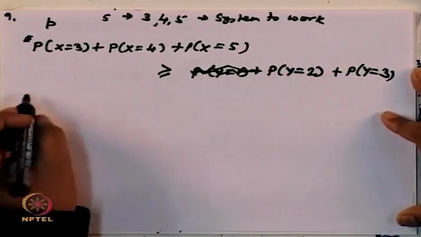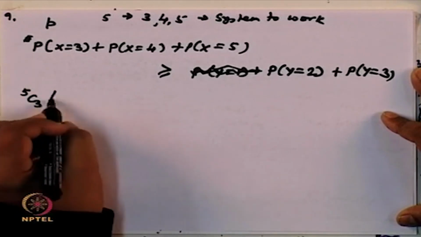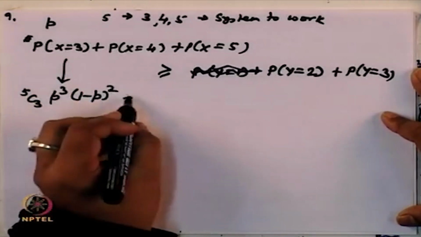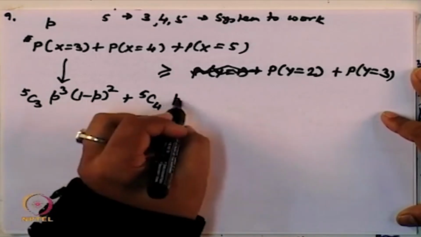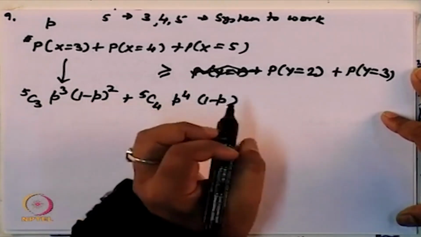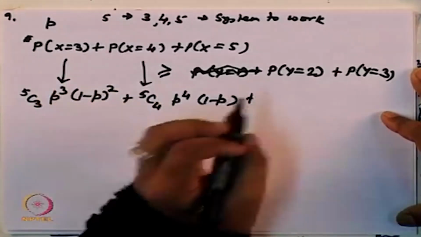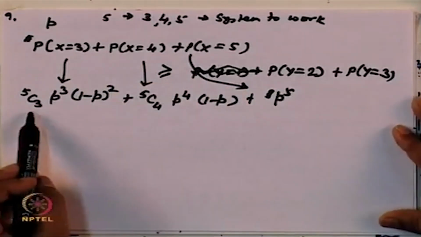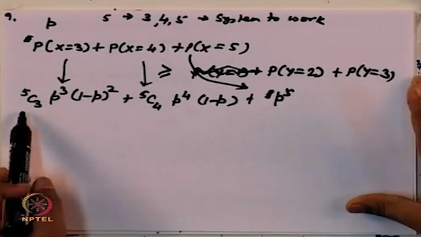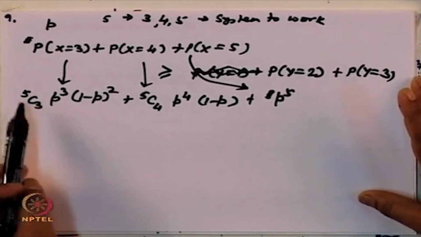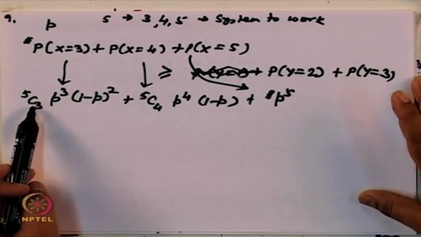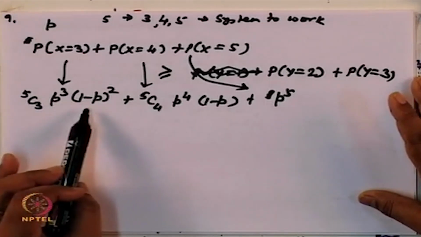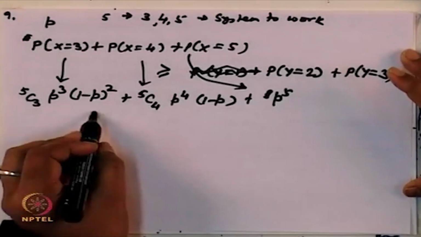Okay. So, for this I can write it as 5c3. For a 3 component system to work, any 3 of the 5 can be chosen in 5c3 different ways. The order does not matter, it is just a combination. So 5c3, p cubed is the probability of success of each component, and (1 minus p) squared is the probability of failure of the 2 other components. Okay. So, this has to be greater than